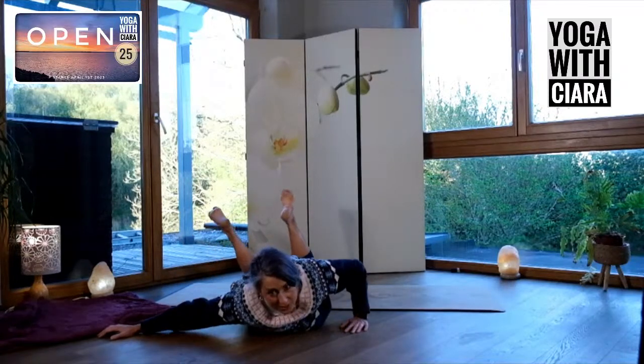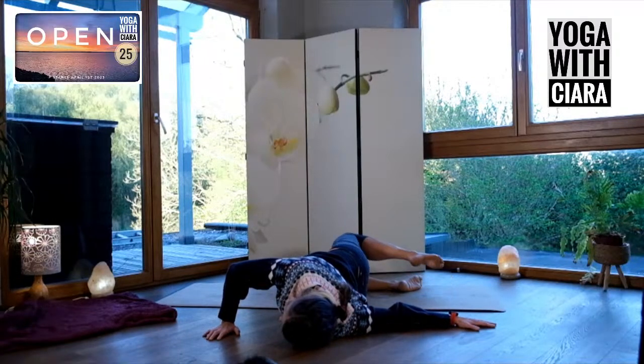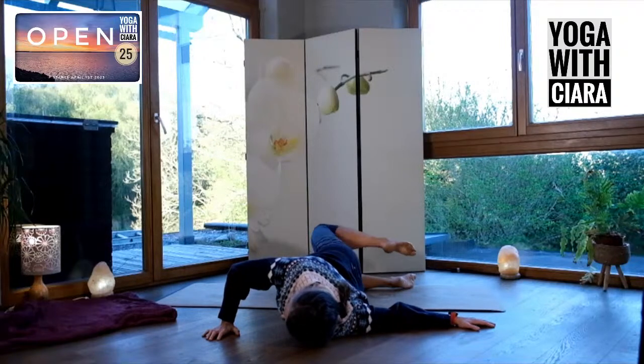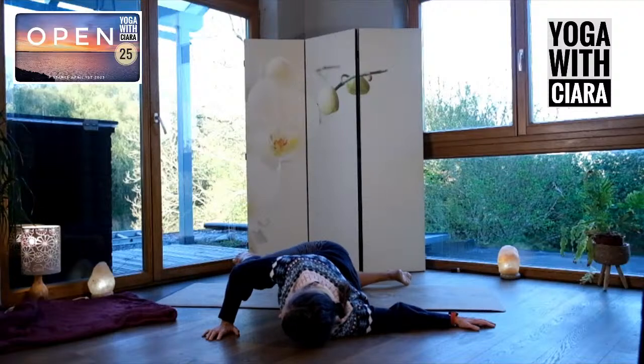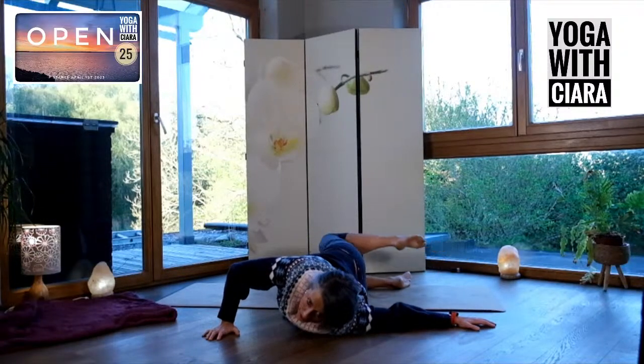Nice. Change. Lengthen the left arm long, drop both feet to the left, and now let your right knee travel up to your right elbow and then back. Right elbow and back. The right elbow